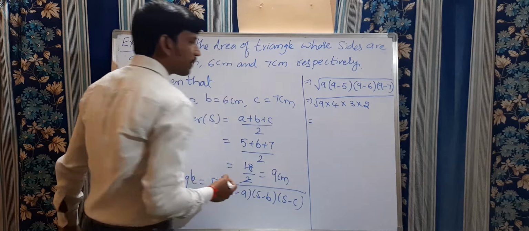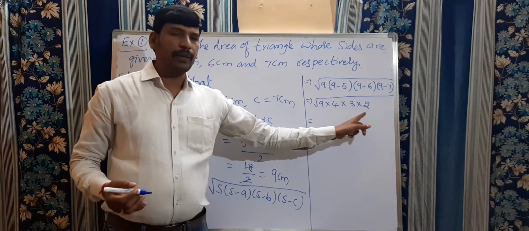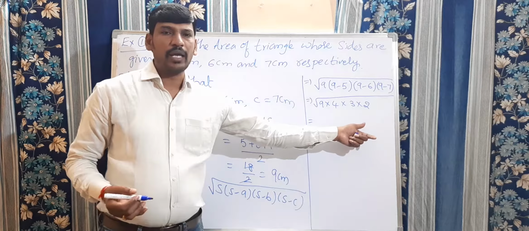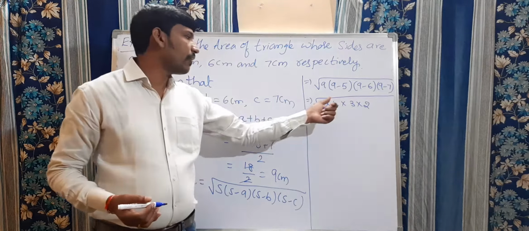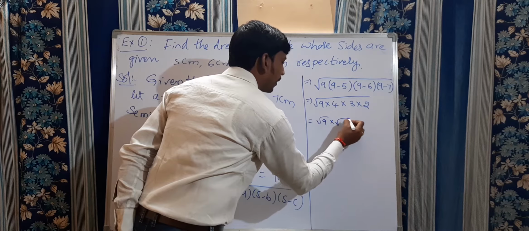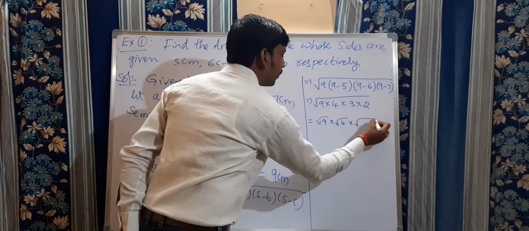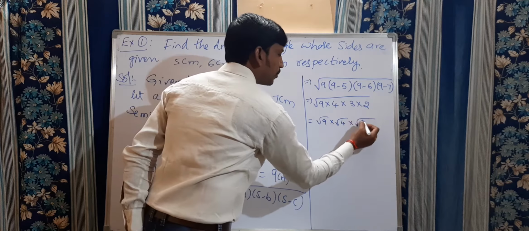Now this is square root for all the numbers. All are multiplied. That square root we get for each and every value. So generally root of a into b is equal to root a into root b. Here also square root of 9 into square root of 4 into square root of 6, these two are prime numbers, 3 to the 6 as it is I am writing. Now square root of 9 is 3, square root of 4 is 2 into root 6, which is equal to 3 to the 6 root 6 square centimeters.